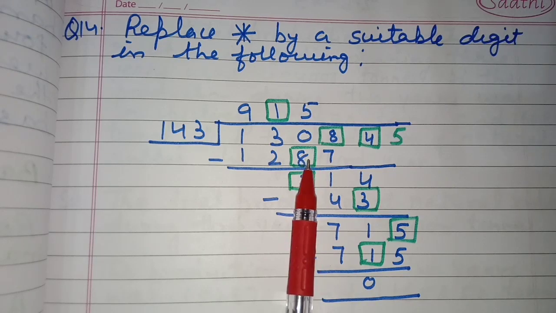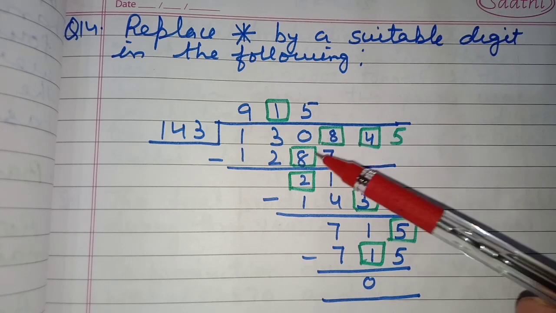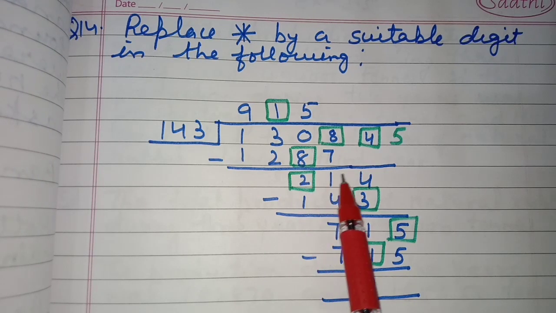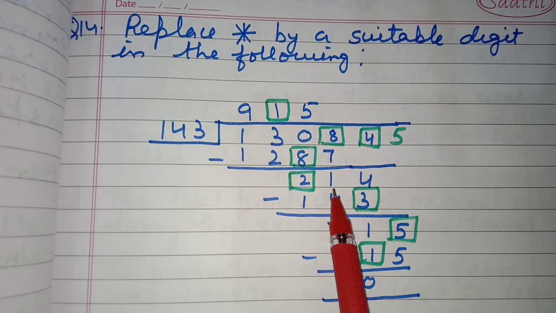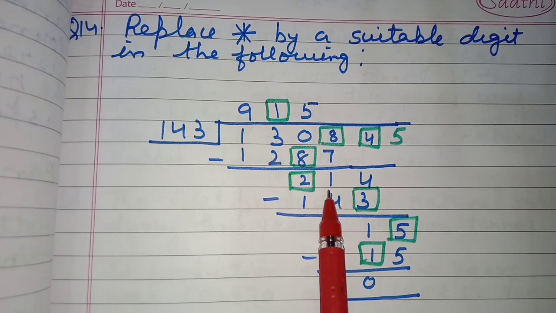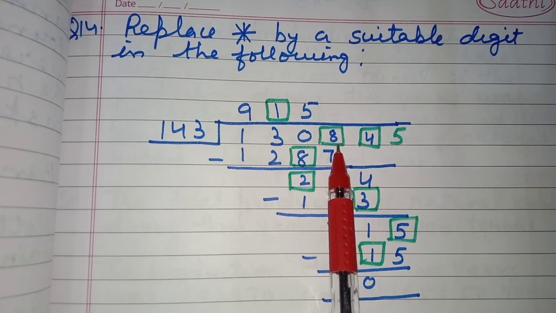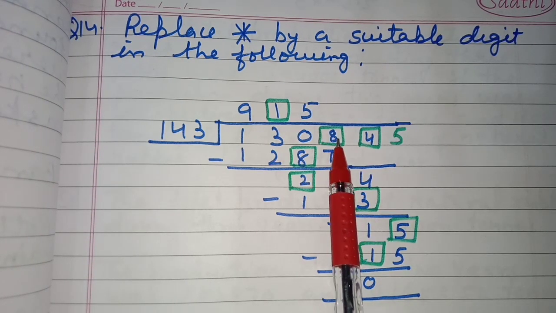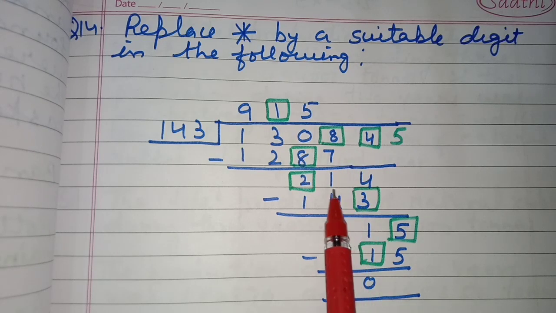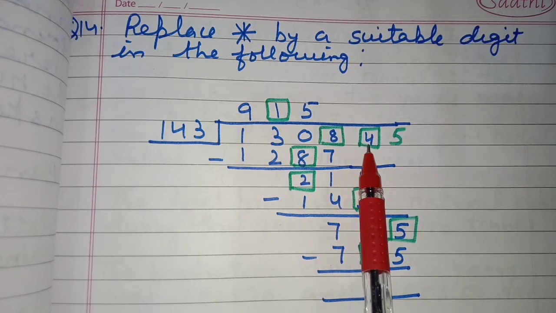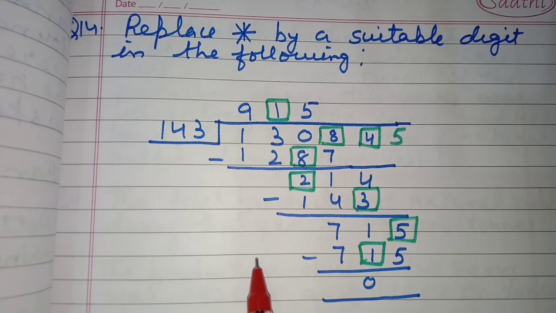When this is written here, we can easily subtract it and here we'll get 2, and then here if the remainder is 1, it means what we can subtract 7 from, so that we can have 1 here. It means here it should be 8. Fine. Or we can say 7 plus 1 is 8. So that's why we have to write 8 here. Now we can just bring down here. 4 is already here. It means this digit we have just brought from here. So here it should be 4.